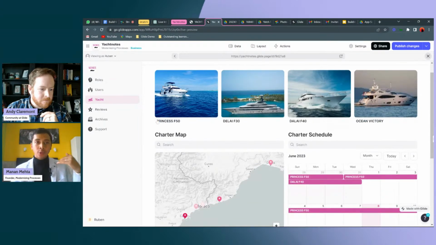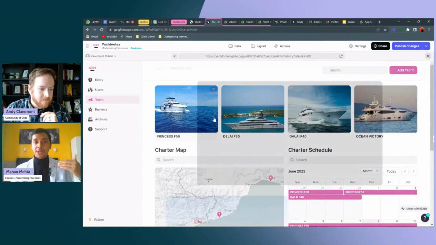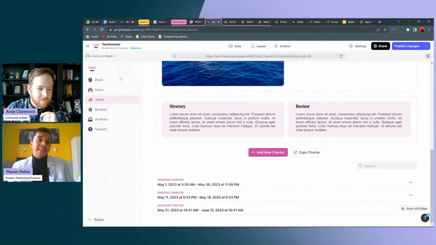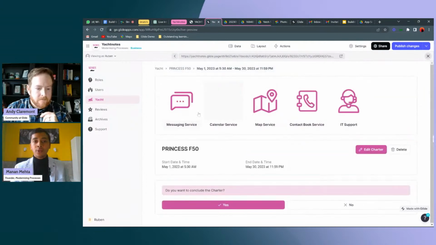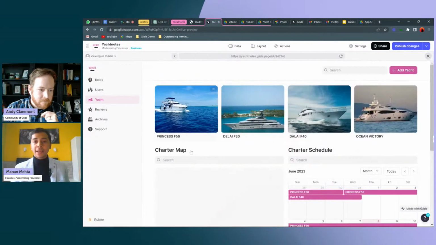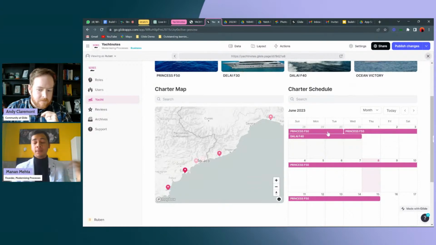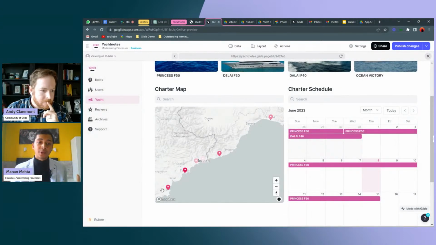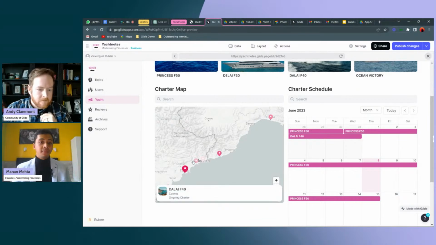So basically, you can go here and see all the yachts that are available. Check out a yacht, check out the video, check out details about it. This is Glide itself. As an admin, I can go and add a new charter, copy charters. I can see what all ongoing charters are there. I can open those and have various different things inside that, and I can manage things over here. Apart from that, if I go to the home screen, I can always see a schedule, like a map, like a calendar, and understand what's going to happen when, how many guests are coming, etc. I can also see a quick map of where my charter is going from point A to point B, stuff like that.